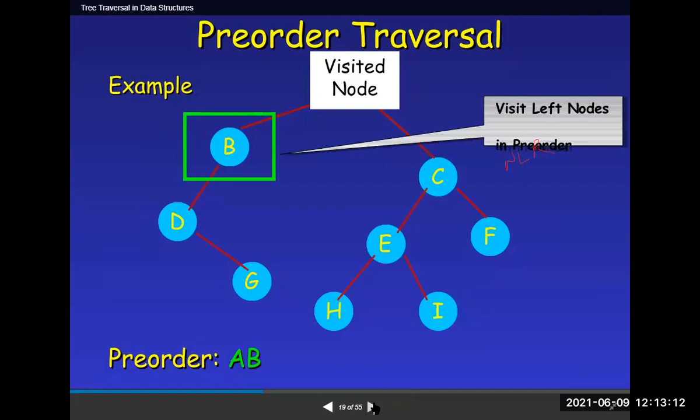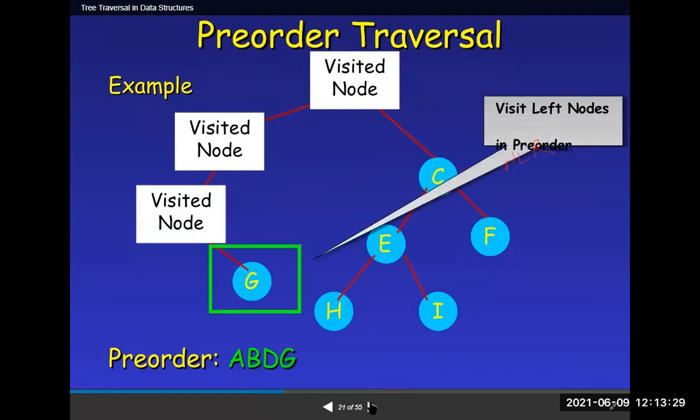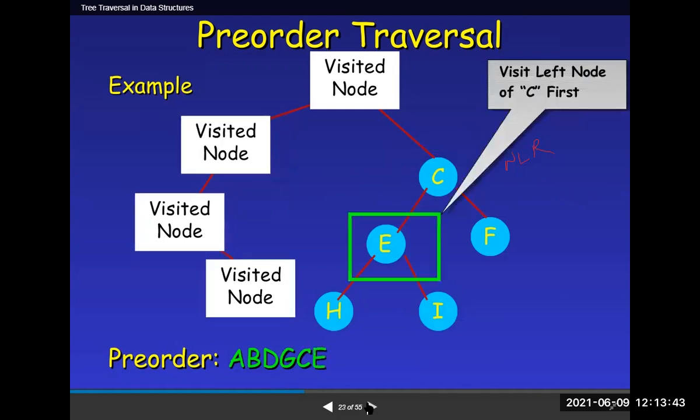After that, the left side, where B and then D are. D is also a parent, so you visit it here. This is our answer. After D, priority goes to the left, and left is null here. Then we give priority to the right, G. Then you move upward and visit the root node, C. Visit it here. Next priority is given to the left one, so we move to the left.